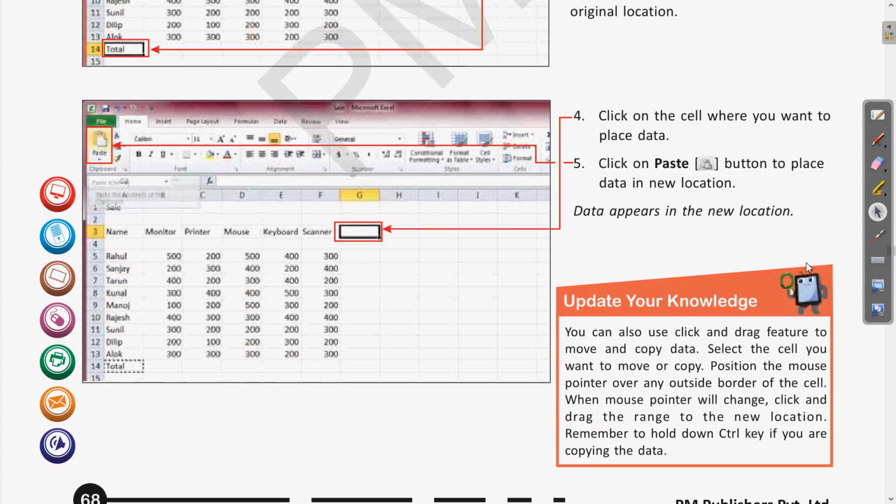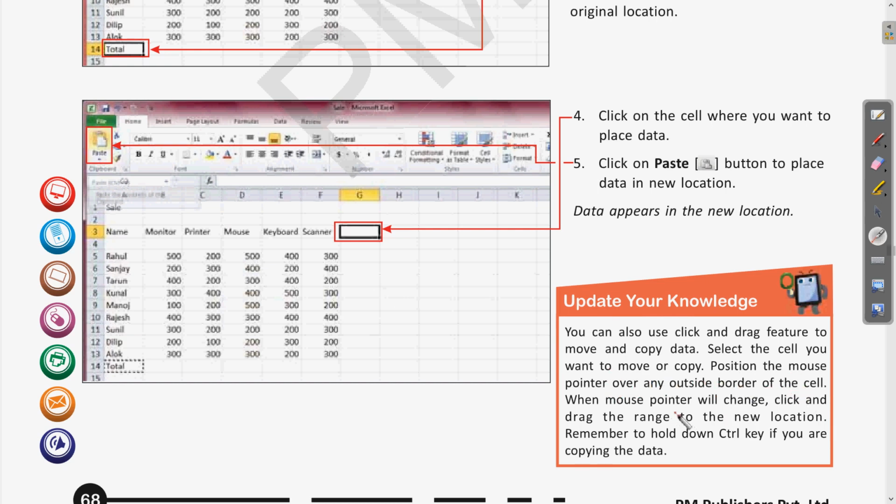Let us read the Update Your Knowledge also. You can also use the click and drag feature to move and copy data. Clear? If you select a group of cells, you can use the drag feature to move the data or to copy. Select the cells you want to move or copy, position the mouse pointer over any outside border of the cell.